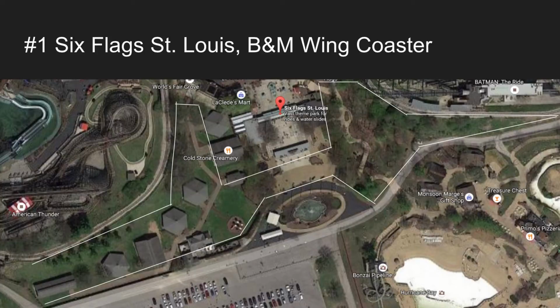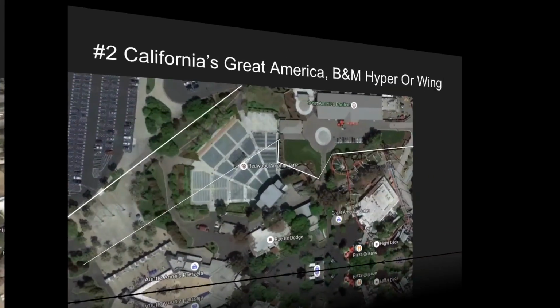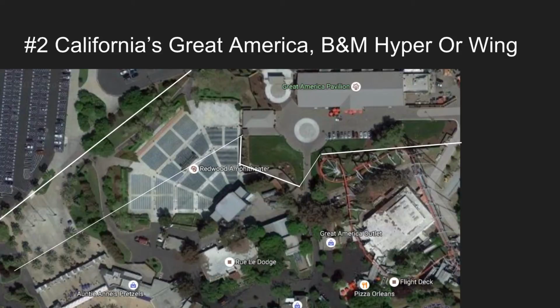and guests and could easily be one of the best rides at St. Louis, number 2 or number 1, depending on if Bosses are RMC'd or if American Thunder's still their best ride. But St. Louis, it is possible for them to get a nice B&M wing coaster in this location. The only problem would be for the queue line, but let's move on to California's Great America, and I think